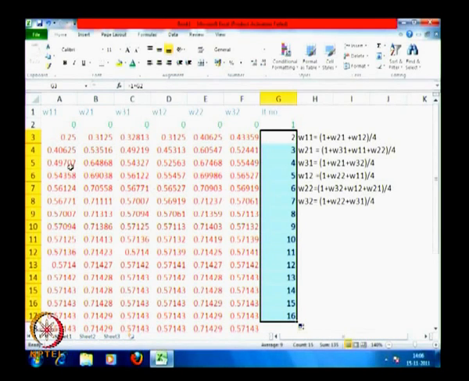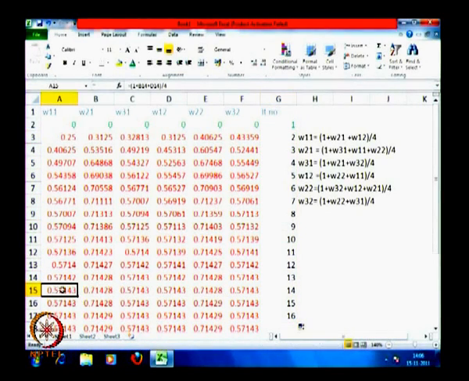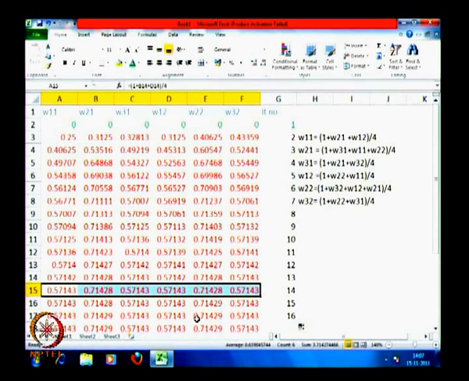and we can see that as we go more and more iterations, this particular W11 has gone from 0.25 to 0.406, 497, 543, but it is beginning to stabilize. By the end of the 16th iteration, it has become stable up to the 5th decimal place. Similarly, these also have become stabilized, and we have got a final solution which is accurate up to the 5th decimal place as given by this. So this is how we have generated the solution for the 6 unknowns using the Gauss-Seidel method using an iterative